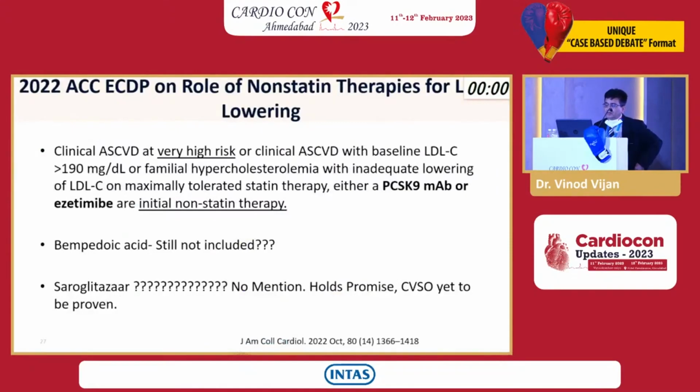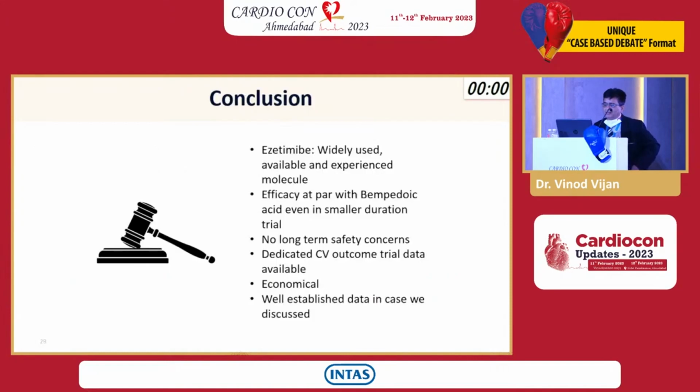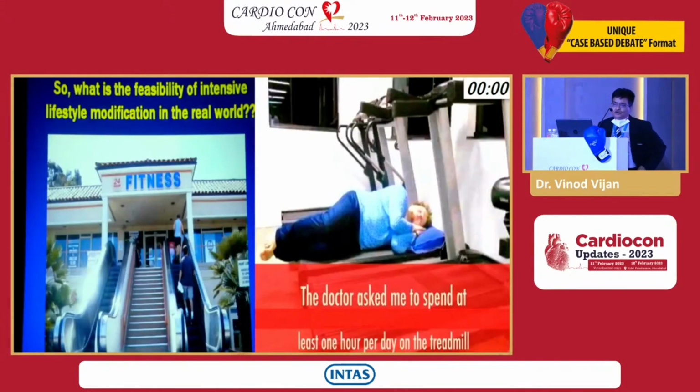So to conclude, in clinical ASCVD with very high risk, we should add ezetimibe, PCSK9 inhibitors. Bempedoic acid is still not included. I'm sorry for my friend, though I'm a proud Indian, there is no mention because we do not have adequate safety data on cardiovascular safety of a higher magnitude. These are the prices which might differ a little here. And so to conclude, it is widely used, its efficacy is at par, there is no long-term safety concern, dedicated cardiovascular outcome, economical, well-established data in the case we have discussed, and no slide, no talk on lipids should